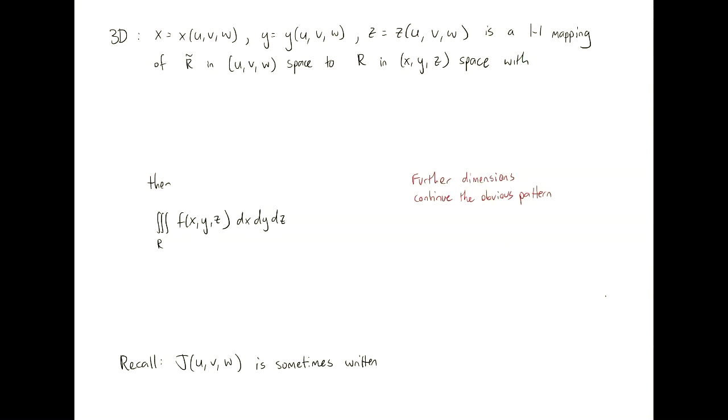In 3D, exactly what you would think, except we now have the 3D Jacobian. I'm sure you can imagine what the condition is in higher dimensions. xu, xv, xw, yu, yv, yw, zu, zv, zw, and we need that to be nonzero in our new region